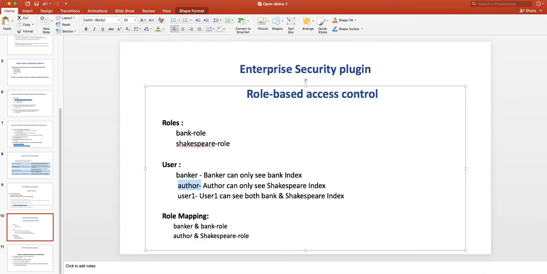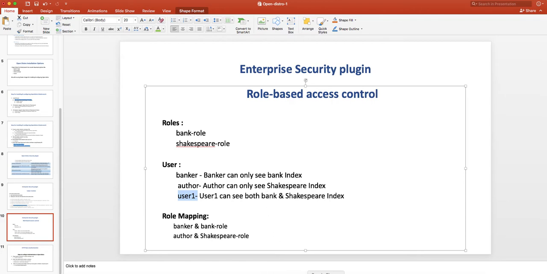Author can only access the Shakespeare index because we will map author and Shakespeare. User one can access the bank index and the Shakespeare index because we will map user one to both. So we're going to try this scenario today and check out how that works.